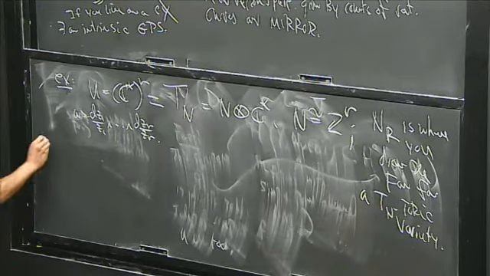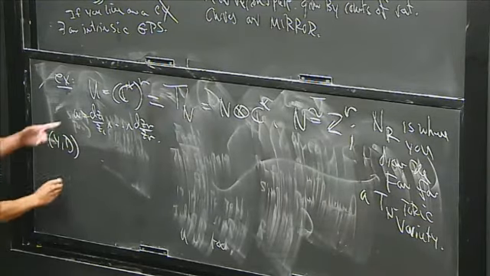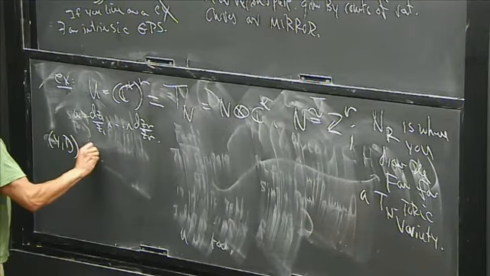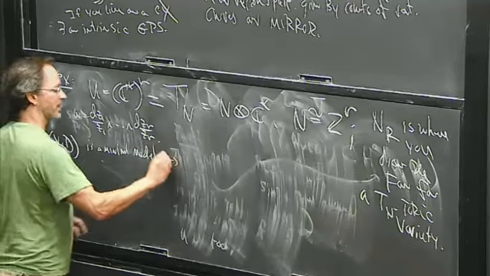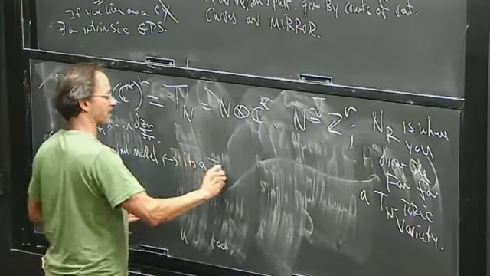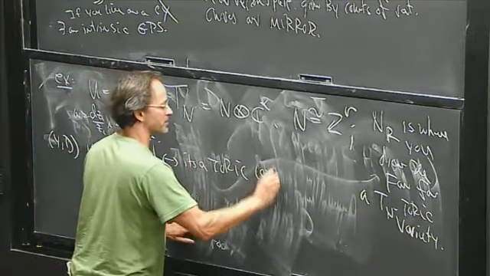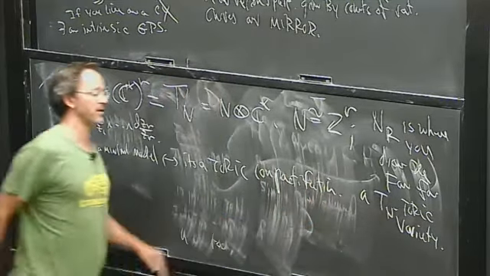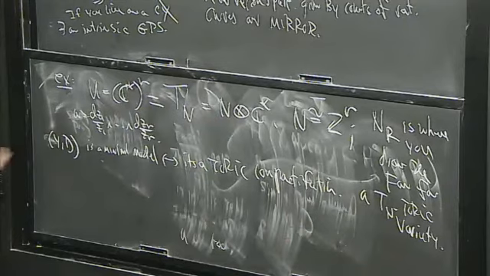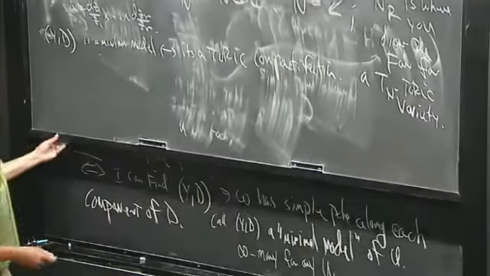What are the minimal models? Y_D is supposed to be a compactification of the torus. Y_D is a minimal model if and only if it's a toric variety, if and only if it's a toric compactification. It's easy to show. For the torus, a minimal model is just a toric variety. It has to be compact, that's the only condition.